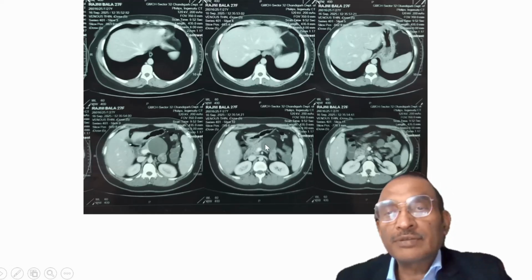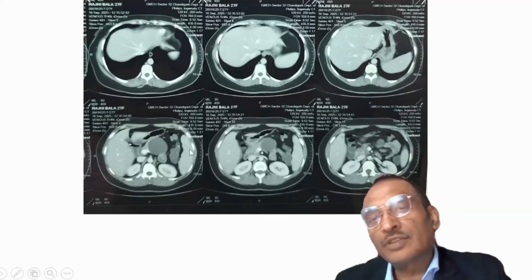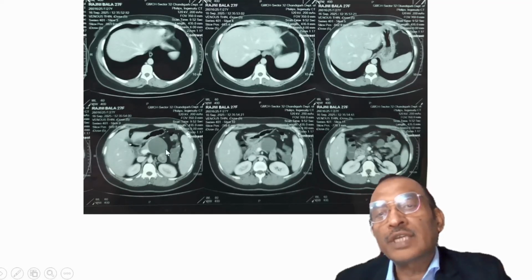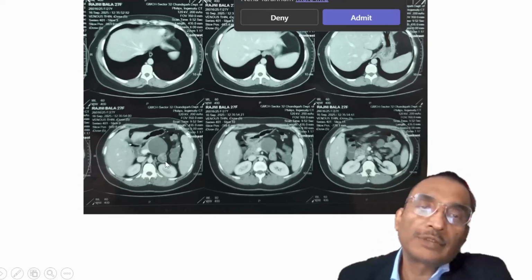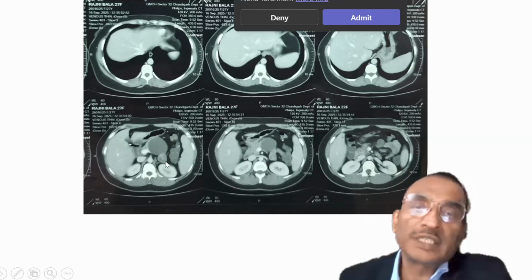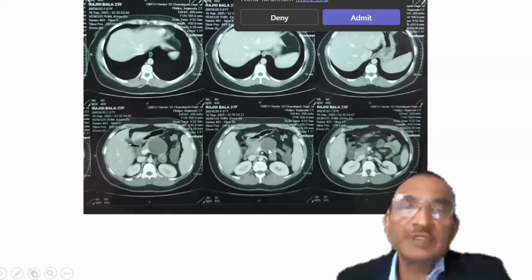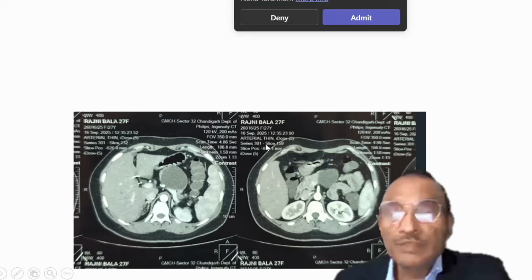But sometimes what happens is that if you see such a cystic lesion, it is touching the stomach, it is touching one of the bowel loops. So it can be arising from the stomach, or it can be arising from the bowel. So how do you make a distinction? For making the distinction, what is happening to the vessels around helps us in the differential diagnosis. So if you see carefully,